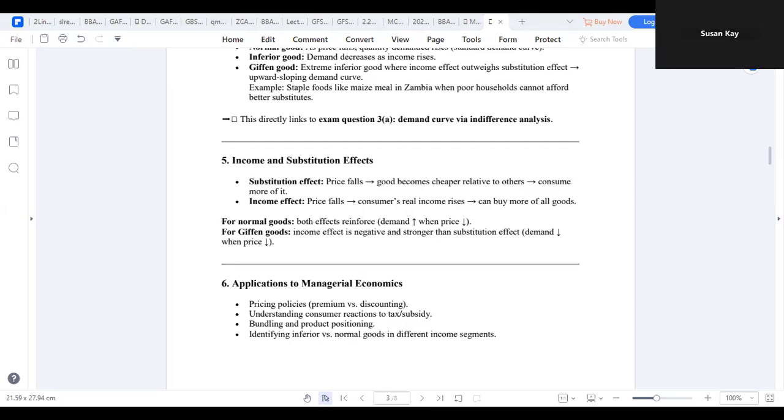So we also have the income effect. It has to do with real income. What happens when the income goes up and you buy more of that particular good, it becomes a normal good. So income effect is negative when we're dealing with an inferior good because the demand for inferior good will decrease as income goes up. So for normal goods, when you have a positive income effect, it means you demand more of the good as your income